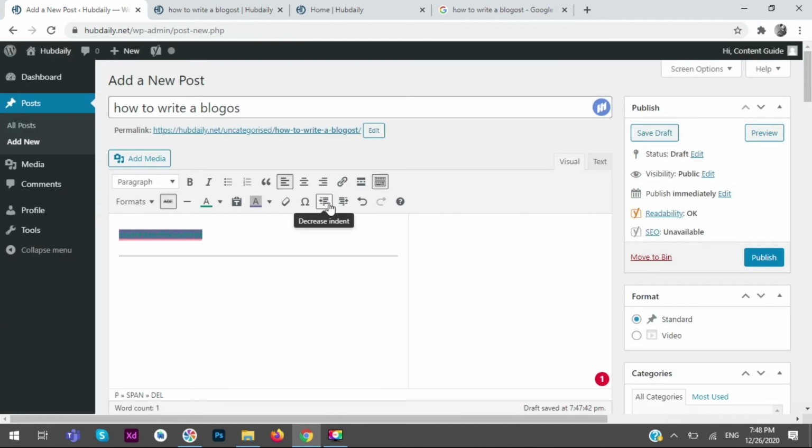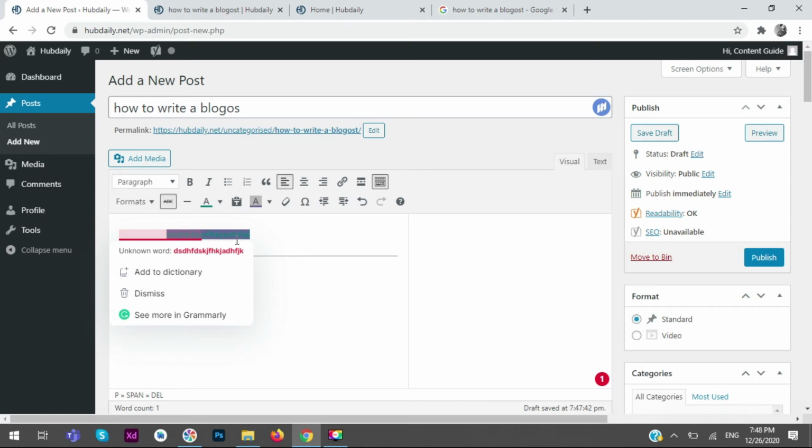You can decrease or increase the indent. Suppose that I want this text not centered but a little far from the left, you can indent it, like this. It will show some indentation, some space from the left side. The next thing is the simple Control Z. All the shortcuts which are given in MS Word work here as well.